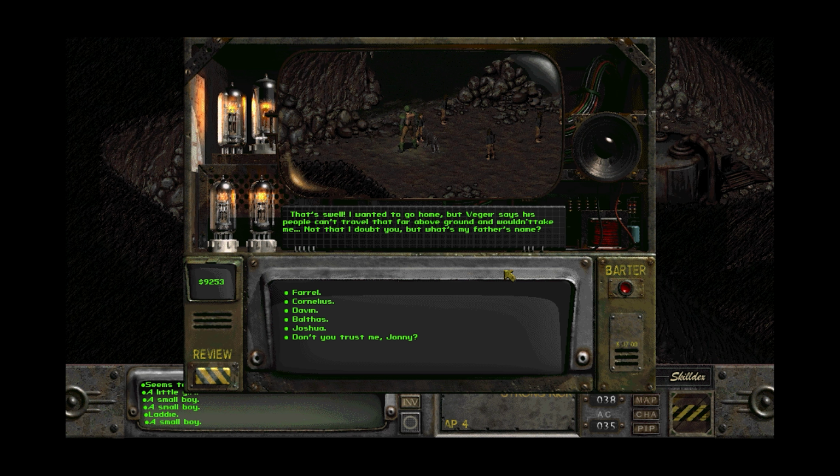Time's up. The answer is Balthus. If we answer correctly, he will ask to be returned home to his parents. Vagar will refuse unless we have made peace with the town of Modoc. Smart man, Vagar. Keeping Johnny with the slags, not as a bargaining chip, but out of concern for the child's